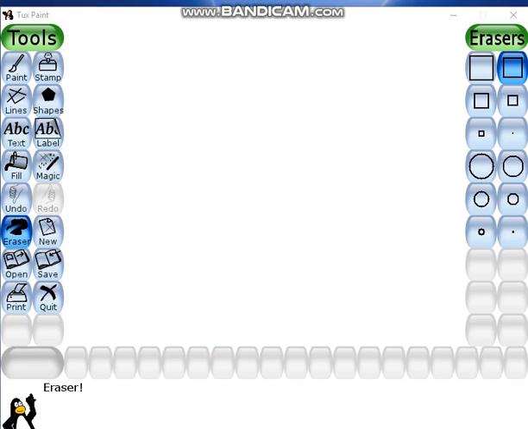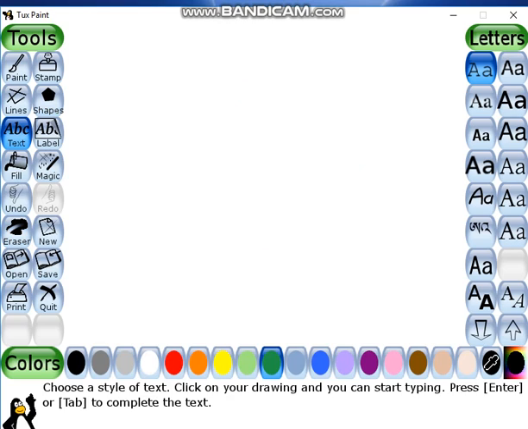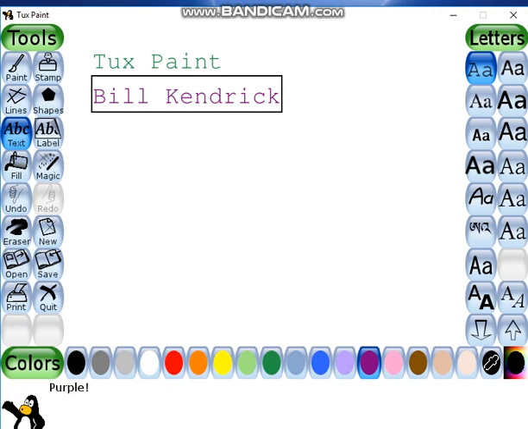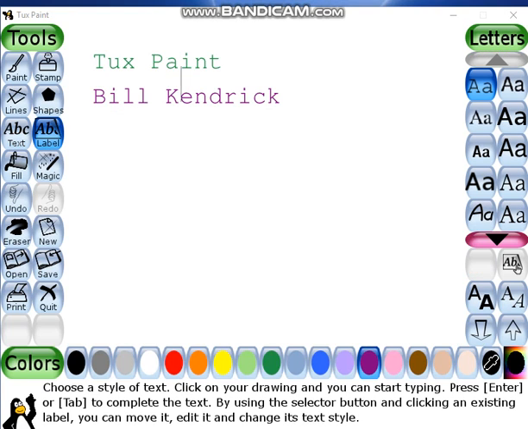The next tool which we are going to learn is text tool. As the name suggests, with the help of text tool you can type. So I can write with the help of this. I can even change the color of my text by just selecting it. So we will use text tool to type in Tux Paint. With the help of label tool, you can change the style of your text. Can you see the options given on the right side? We can just select and you can write in different styles using label tool.